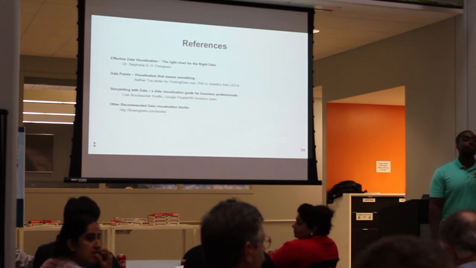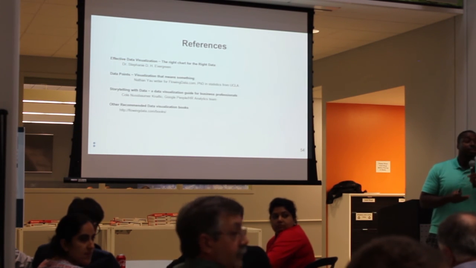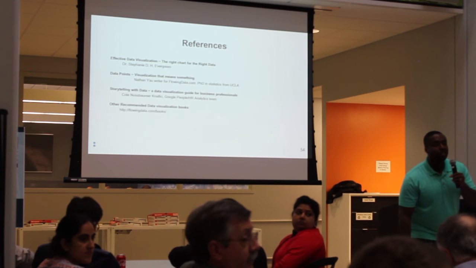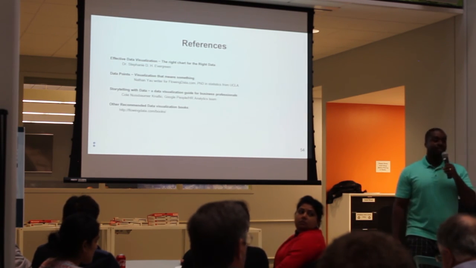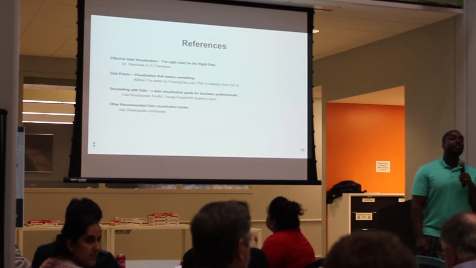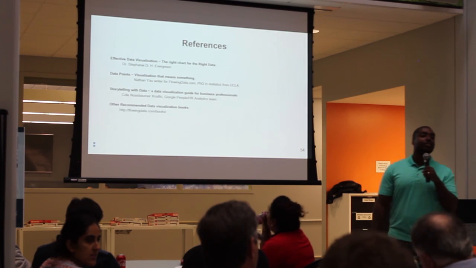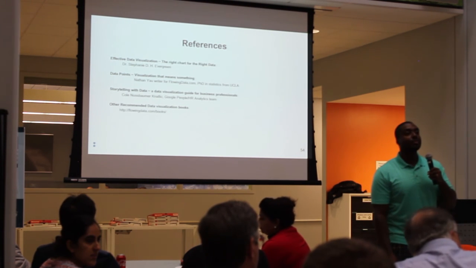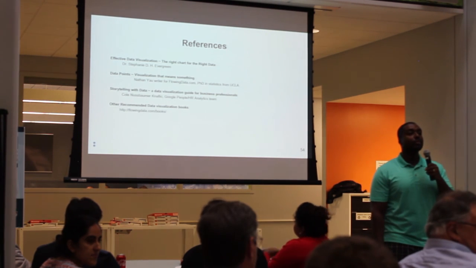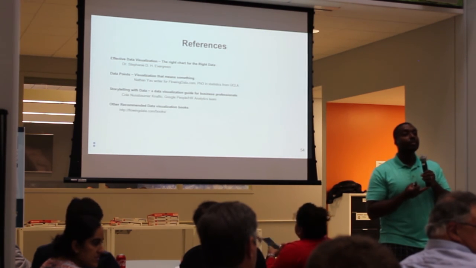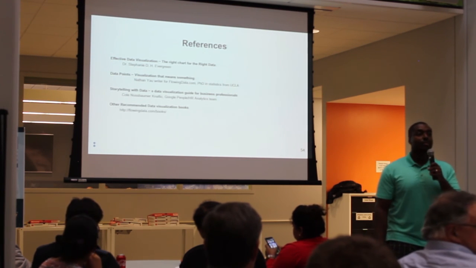So my introduction to the topic was Edward Tufte and The Visual Display of Quantitative Information. He puts a very heavy emphasis on the ink to information ratio. And so I'm just curious if any of these books talk about that. It seems like a very theoretical idea, but like he was saying, you really want to try and maximize the amount of information you're communicating relative to the amount of ink on the page.